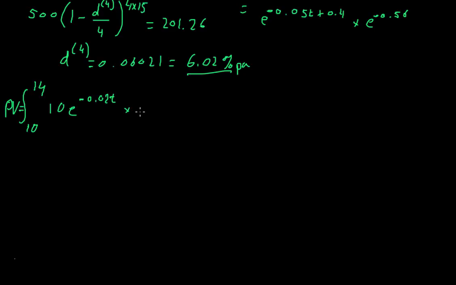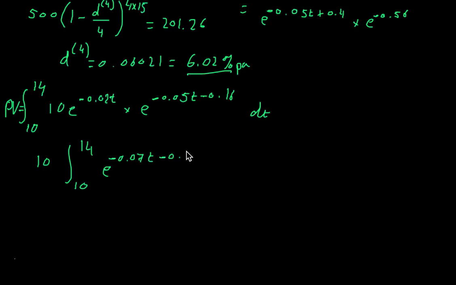And then we're going to have to multiply it by our v of t, and v of t between 10 and 14 was e to the negative 0.05t minus 0.16. I believe that's what it was, and we can say dt. Now we can simplify all of this. We can take out our 10, and say e to the negative 0.02t minus 0.05t, that's going to be minus